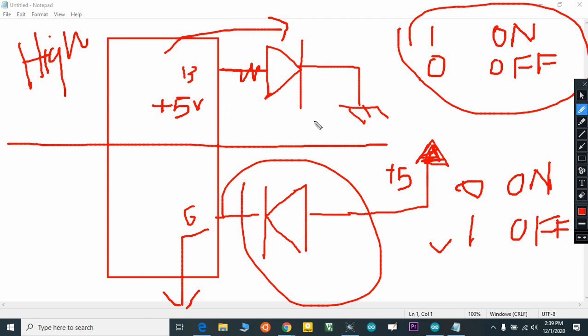We can connect an LED in two ways: active high connections and active low connections. In an active high connection we are sourcing, meaning we are providing the voltage. In an active low connection we are sinking, we are grounding that connection.